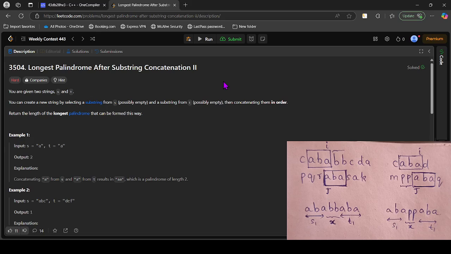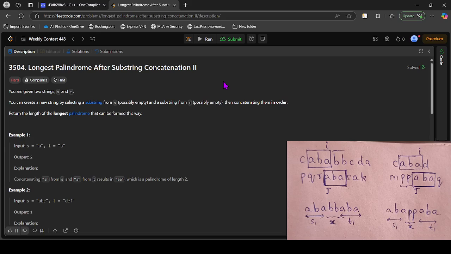So from the example in the picture below, we can select ABABB from the first and ABA from the second, resulting in ABABBABA, which is a palindrome. And here we can split the first one into two parts, which is ABA and BB, and the second one is ABA. So here, according to the before example, the first one is of bigger length than the second. So the first one can be split into two parts, and the first subpart is the palindromic mirror of the second string we are selecting,